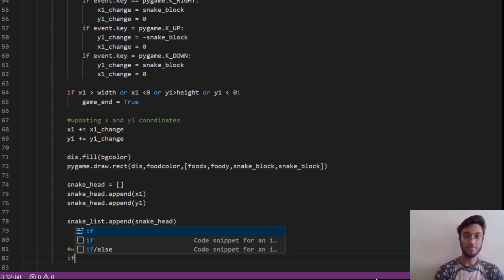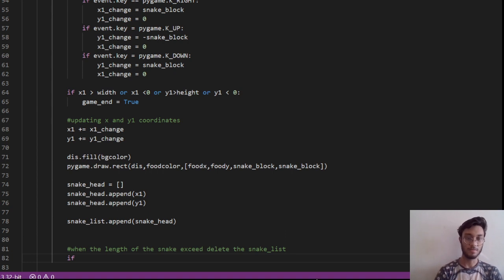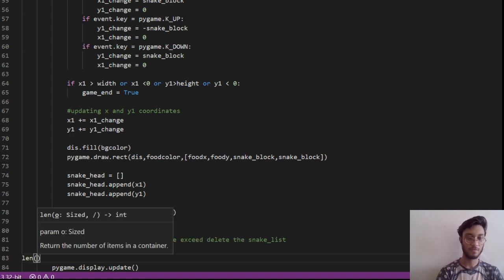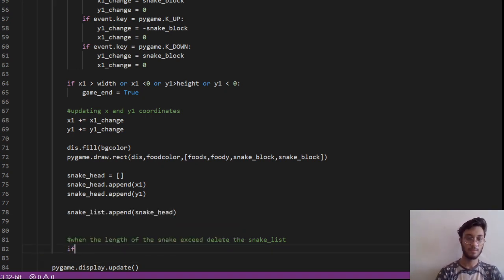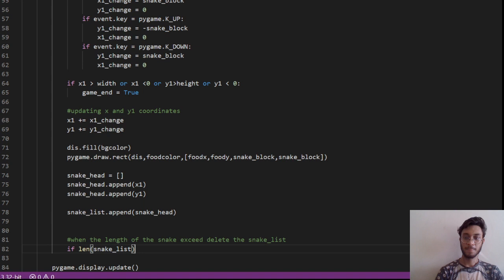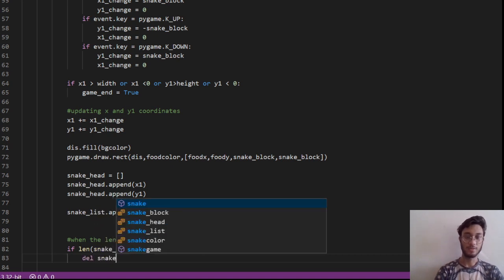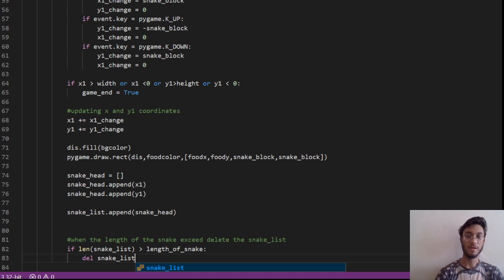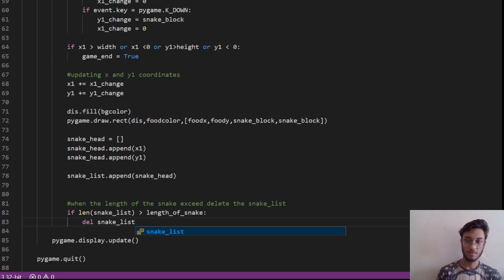So for that, if the length of the snake list is greater than the length of the snake, then in that case we are simply going to delete the initial element.